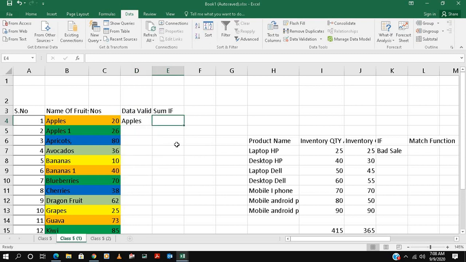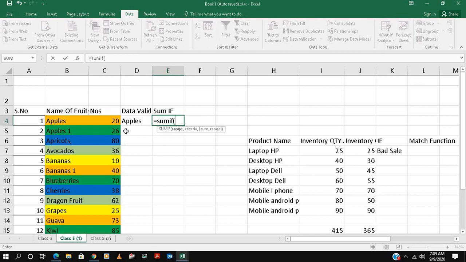Now we'll just do a formula, and we are using SUMIF here. SUMIF is basically like, suppose we have three or four types of apples from different countries, and we want to sum them, so the sum comes by default with all the names of apples. Right now we will put the formula SUMIF, then bracket.